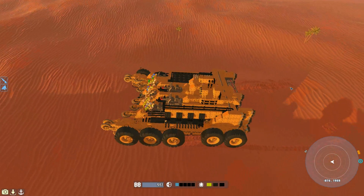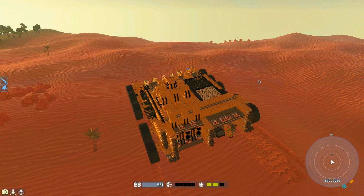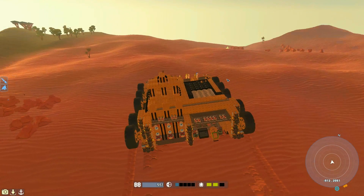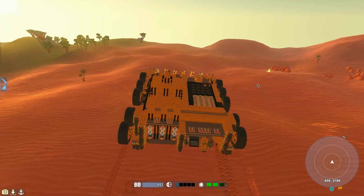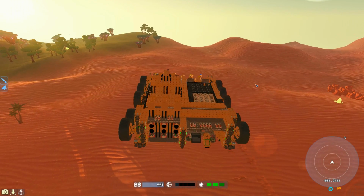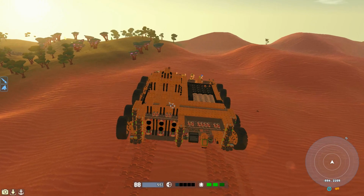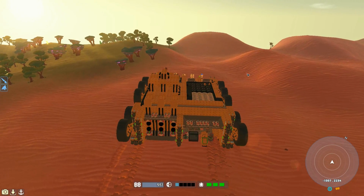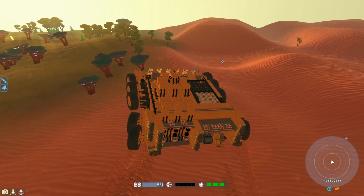That would have definitely got us stuck just then as well, only the tracks. Still stand by having the tracks on the inside, though. They are definitely helping with the hills like that, which get stuck in between. I'm actually tempted to have more of them now. The only reason I didn't have more before is because turning. If you have too many tracks in the center, you lose the ability to really turn on the spot very well, which we've lost anyway because of the wheels, so...